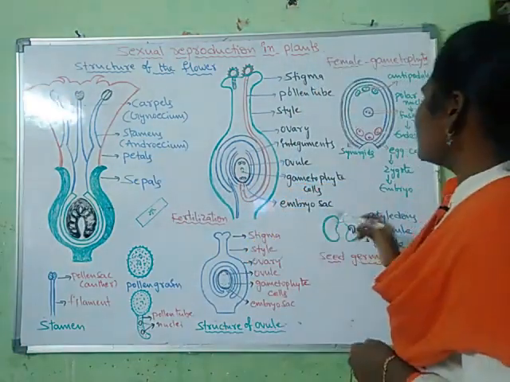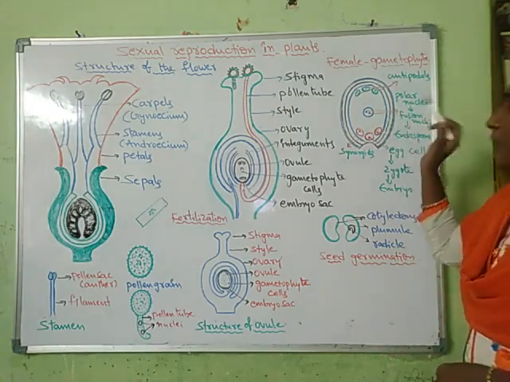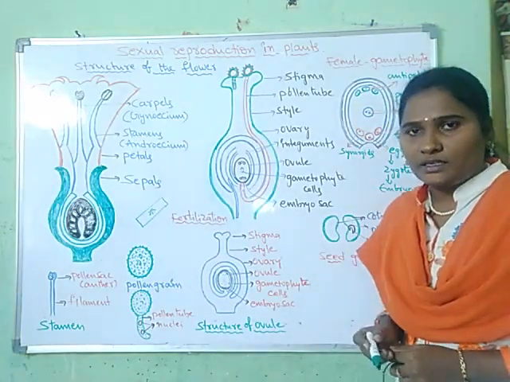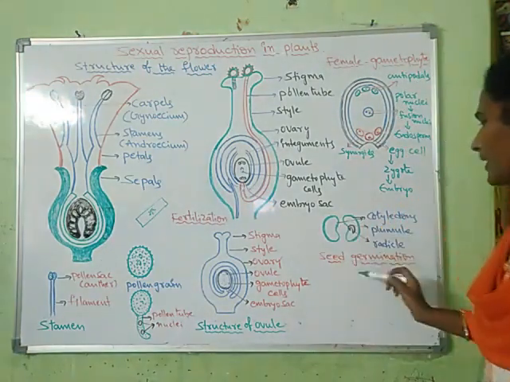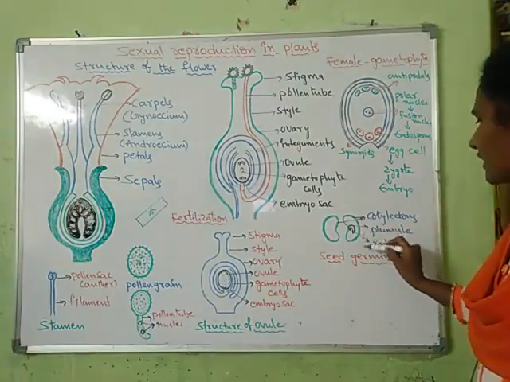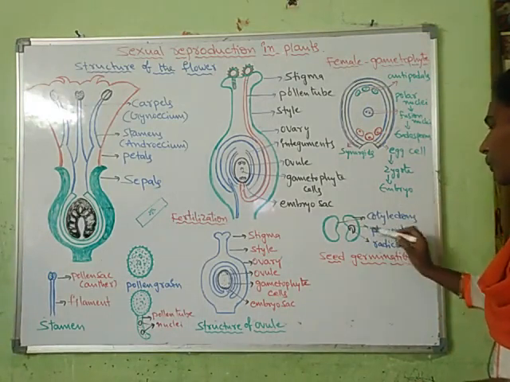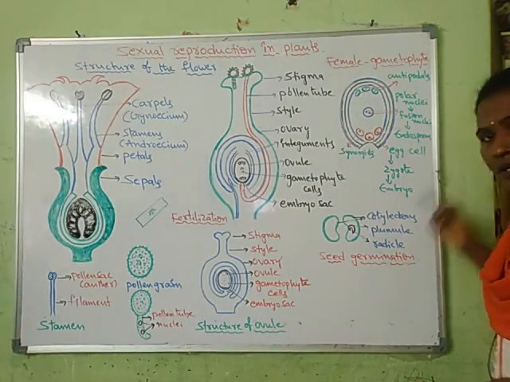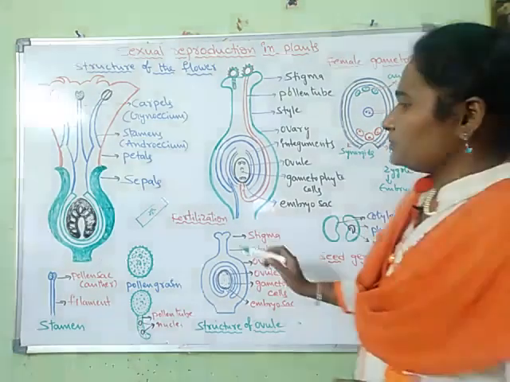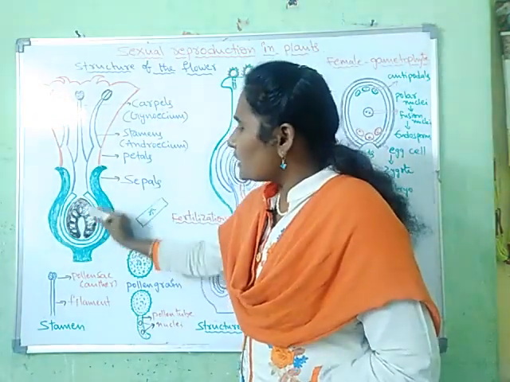So after fertilization, the seed contains the embryo or future plant, which develops into a seedling in appropriate conditions. This is called seed germination. The seed contains a plumule and radicle. The stem of the future plant develops from the plumule, and the roots of the new plant develop from the radicle. So after fertilization, the ovary converts into fruit, ovules convert into seeds,